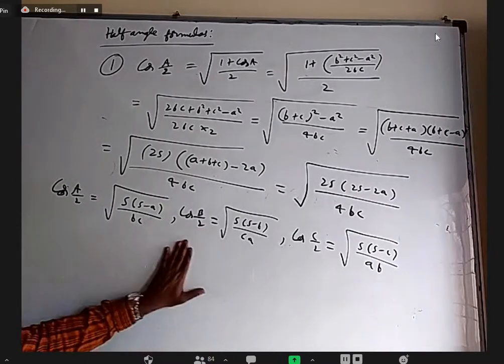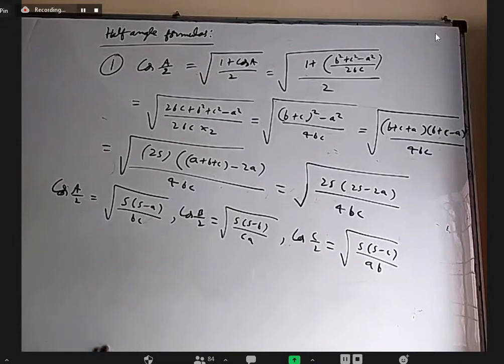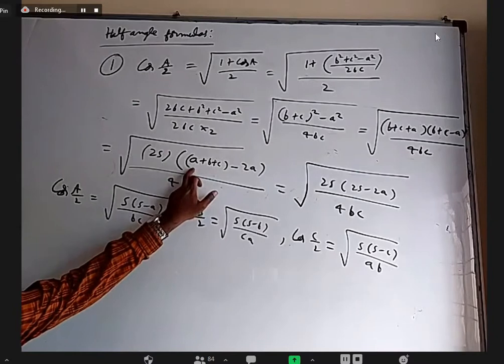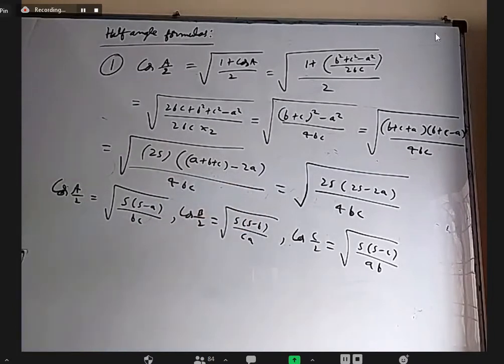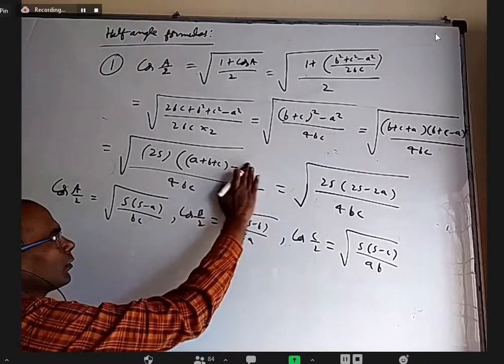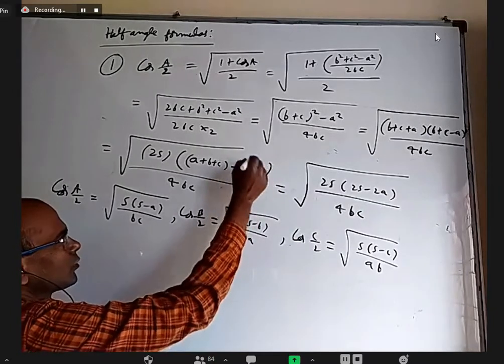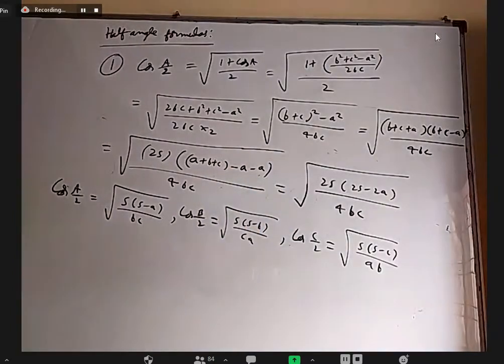Okay, those are completed. Why don't you try to do sin A by 2 in the same way? From second step to third, how did you proceed? I added A, subtracted A. I added one A here and subtracted one A here. You can write minus A if you want.